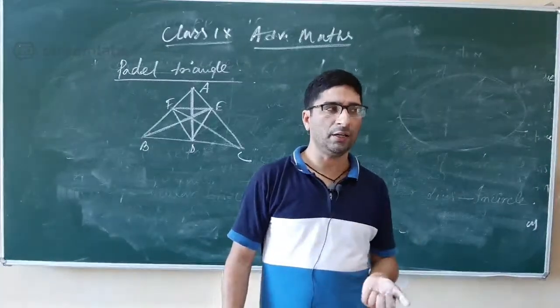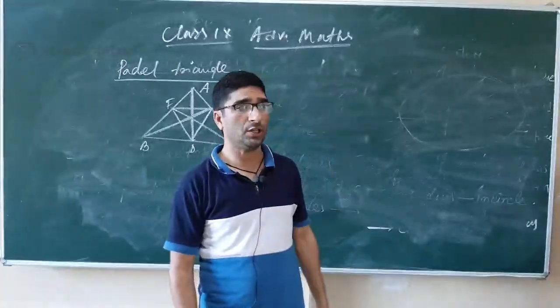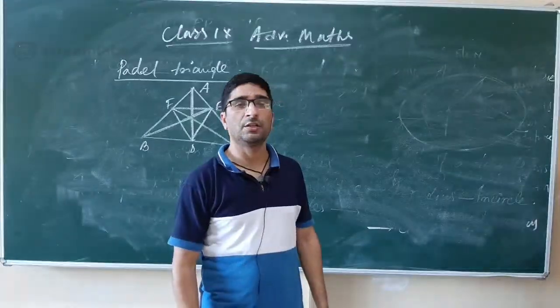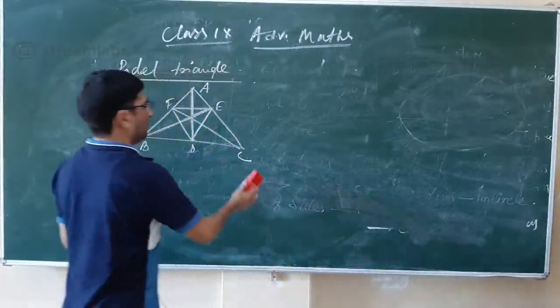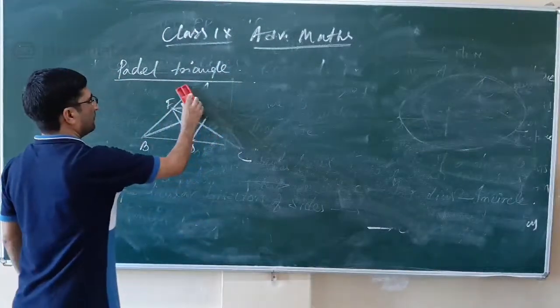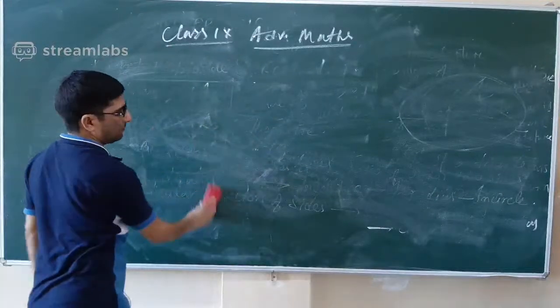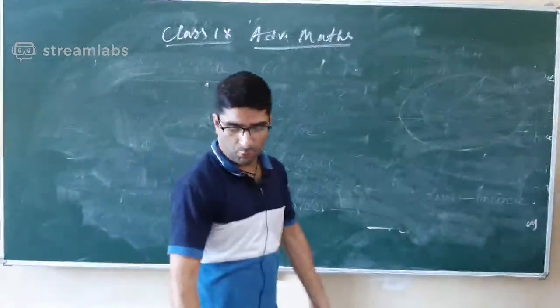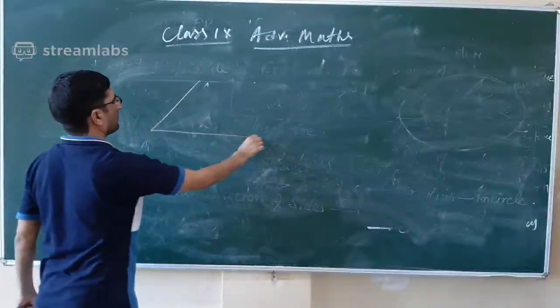For an equilateral triangle, the petal triangle is also equilateral. For an isosceles triangle, the petal triangle is also isosceles. And the point is, in an isosceles triangle,